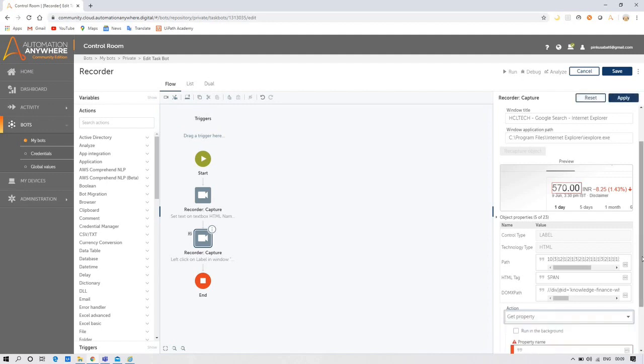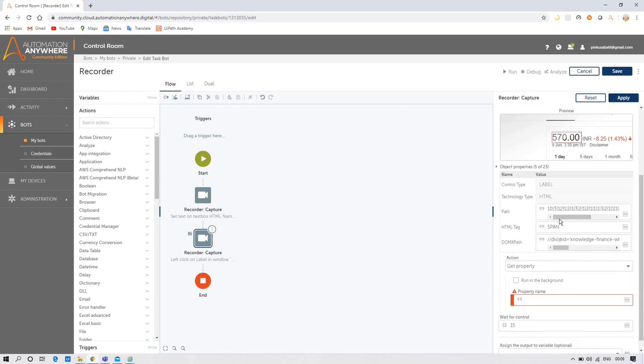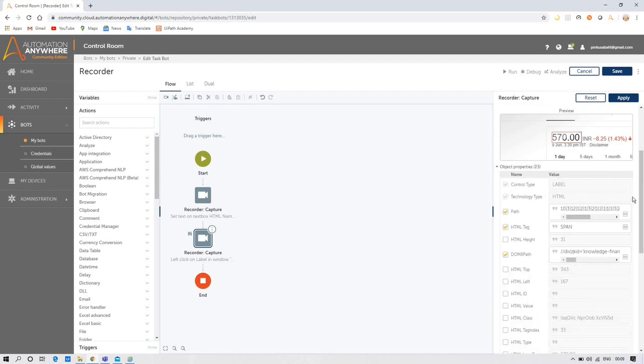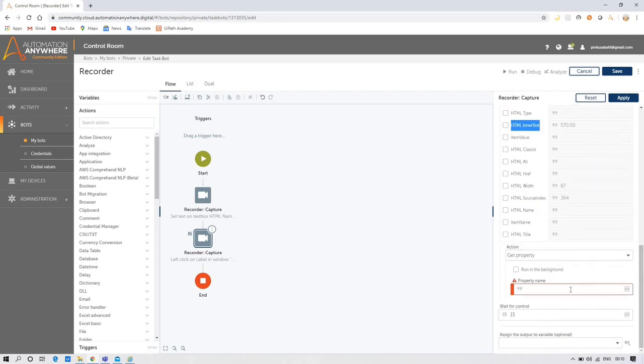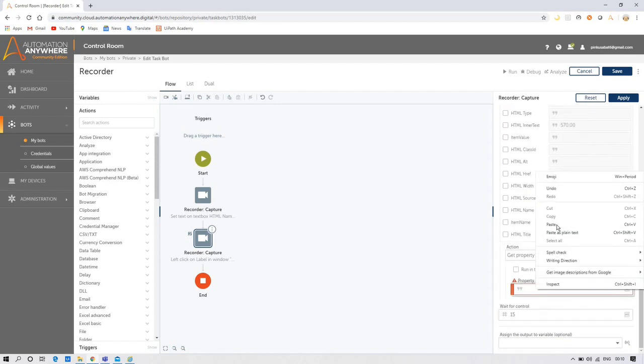Okay, so I will select get properties. Okay, we want the HTML inner text property, so just select it. I will select this. Copy this and paste it here. Okay, then to store the value we need to